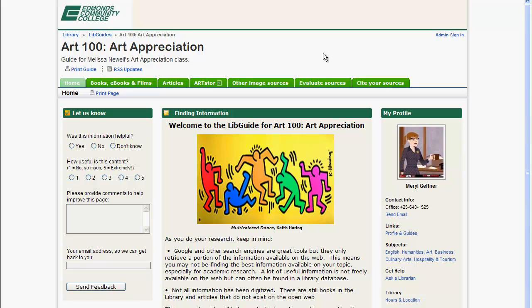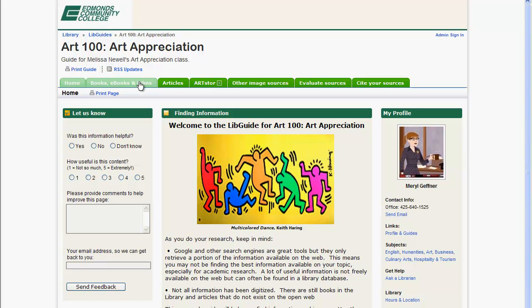Before we begin, this assignment would be best completed by someone in your group who can actually go to the library so they can look at the book. If no one in your group can get to the library, please talk to your instructor. Let's get started. First, go to your class LibGuide